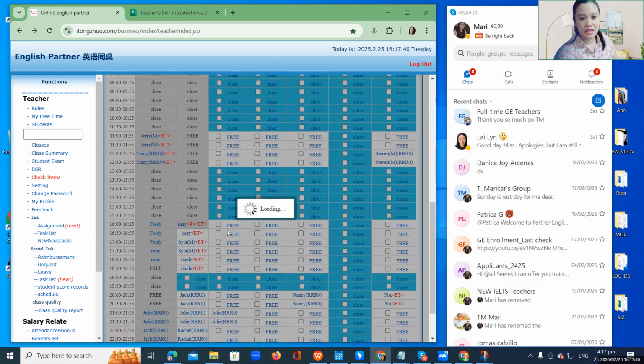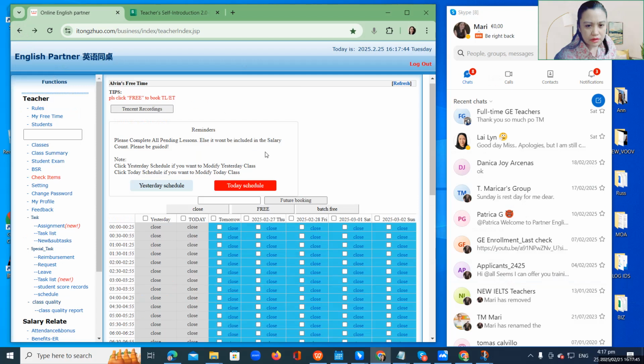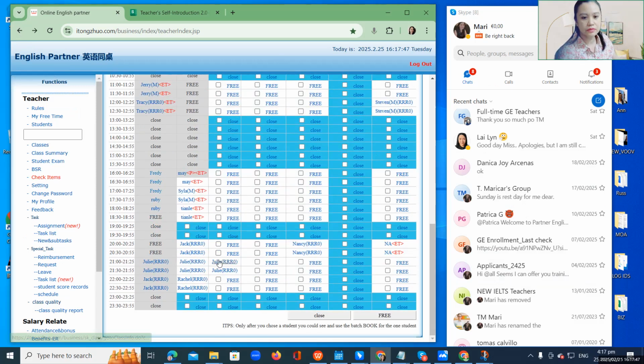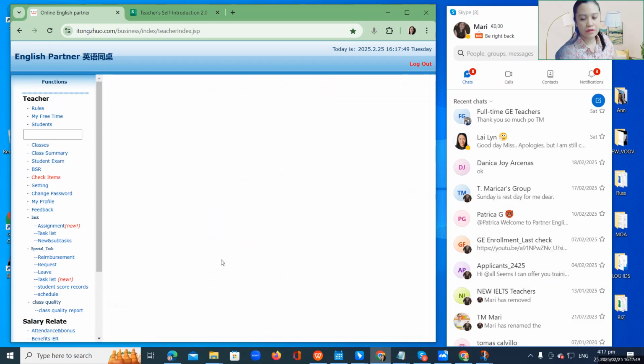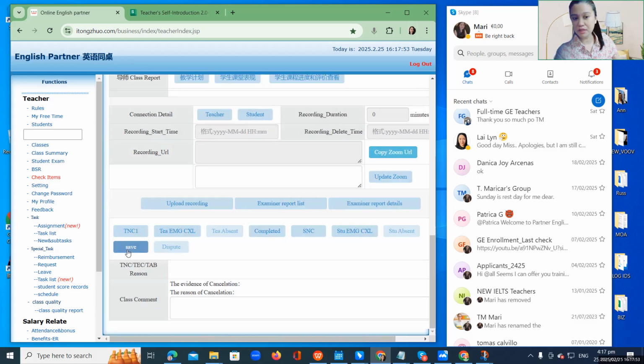Let's see a future class here. Today, but tomorrow. You see here, ayan, may save button na red. Actually, whichever class is that, let's say, magti-TNC ka or emergency cancel. So, i-click mo to, teacher emergency cancel, save, tapos you can leave a comment here.